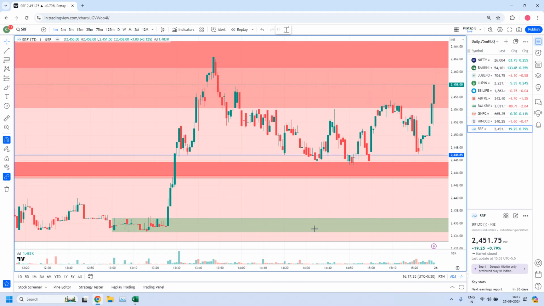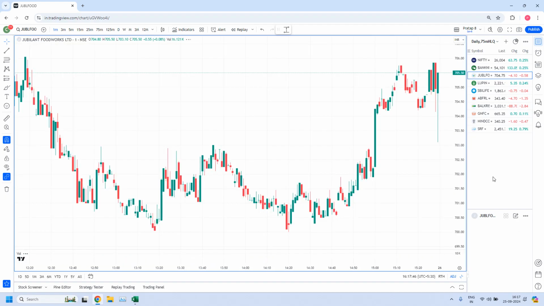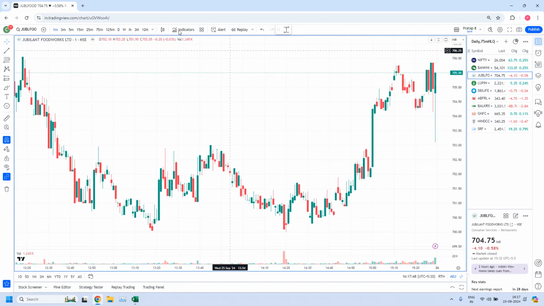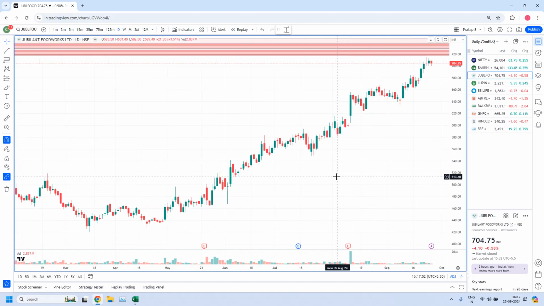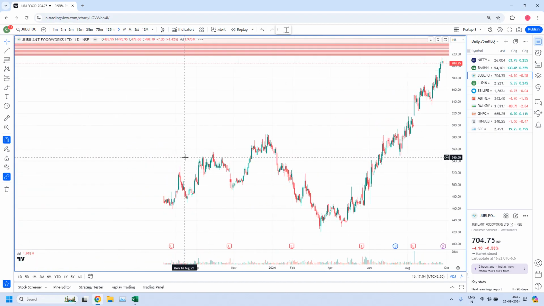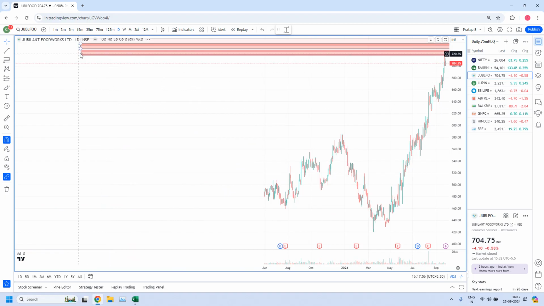So these are the trades executed today. We got trade opportunities in 4 stocks, and for the remaining there are no trade opportunities, but let me show you how we fine-tuned. First one is Jubilant Food. It is a daily high liquidity zone, and I am not concentrating on this zone because